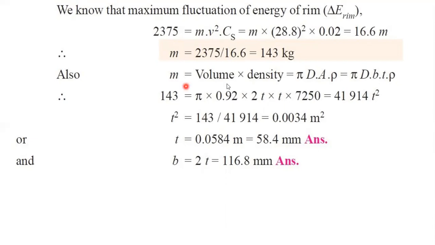Mass is nothing but volume into density. Volume is pi D A, density is rho. Here the area is breadth into thickness. In the question they have clearly given that